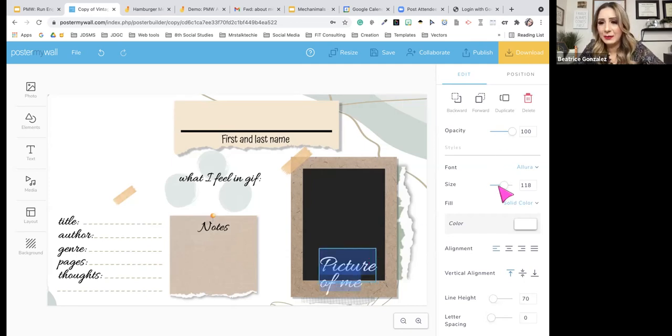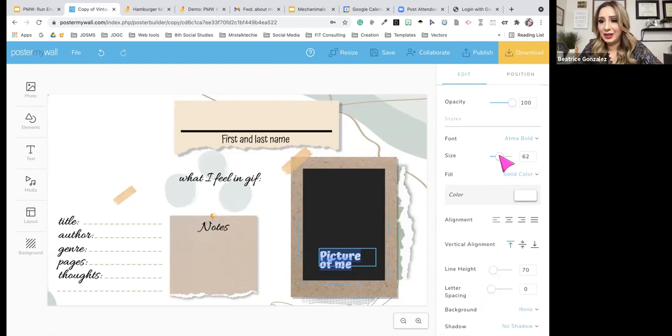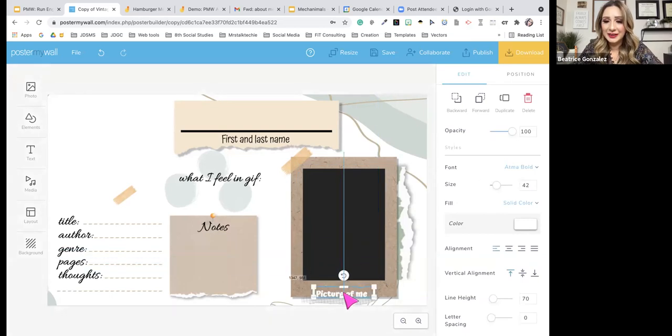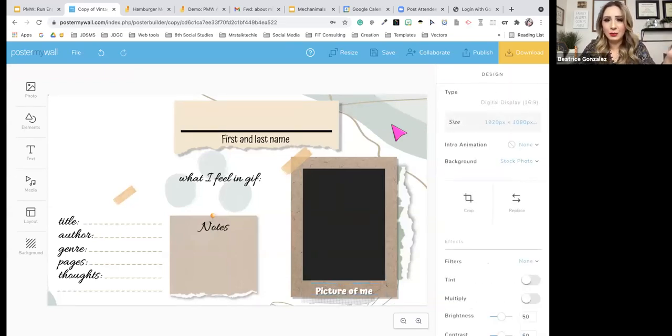Notice how easy, how fast and easy it is to work on here. And then after that, I'm going to change the font maybe. And here's another thing. Finding the perfect font might take us forever because they have so many fonts available. They have a ton of fonts. You can also add some dimension to that, which is my favorite. I love messing with the shadows. If you go down here to the right, you can add a strong shadow or a lighter one. And there you go. Notice how fast I'm working here.